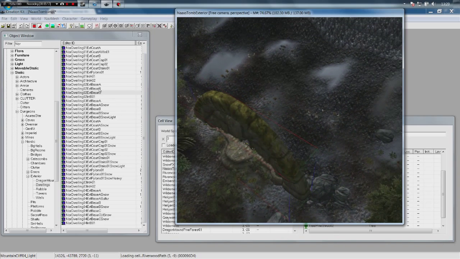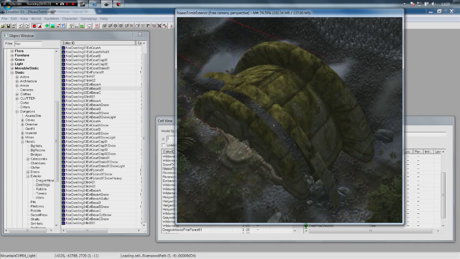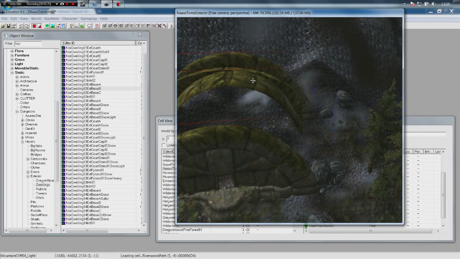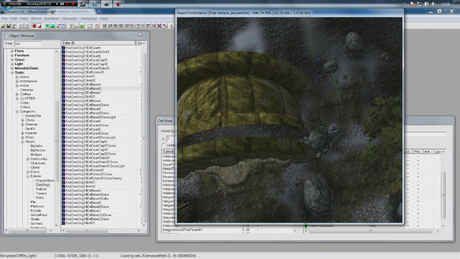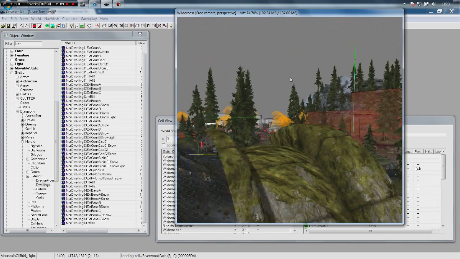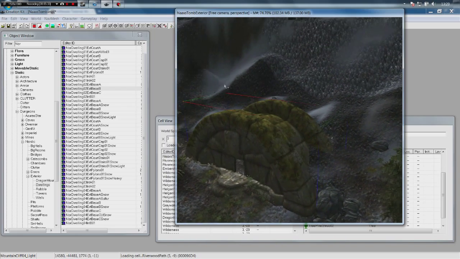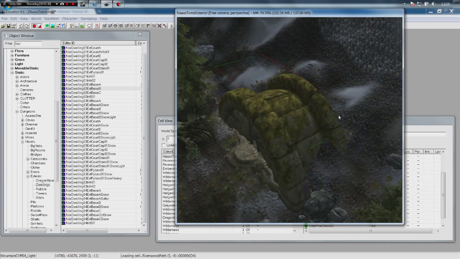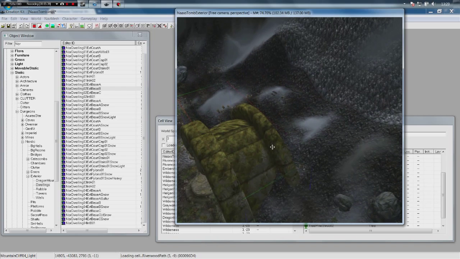Now we need to go ahead and drag base B in. So that's base C, and this is base B. This is like a back piece, basically. And you might have to drop that down. Again, to drop down, you hold Z and just drag your mouse downwards. And just position that around until that fits. Now, I could move that back towards there, but I kind of like the positioning of the door, so we're going to go ahead and keep that there, and instead we're going to duplicate that piece and rotate it around